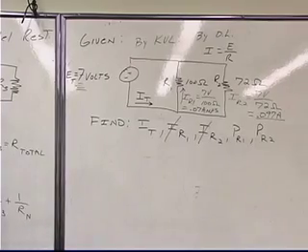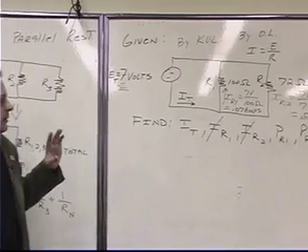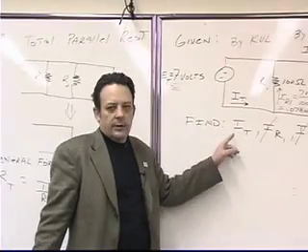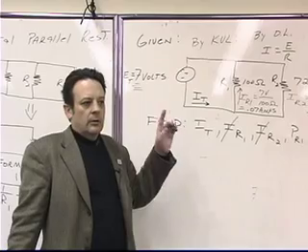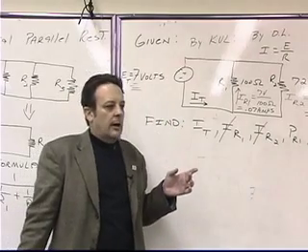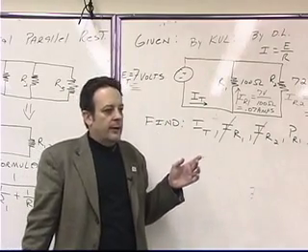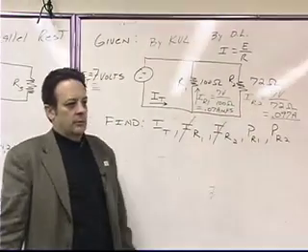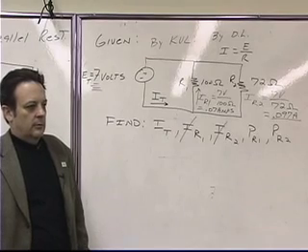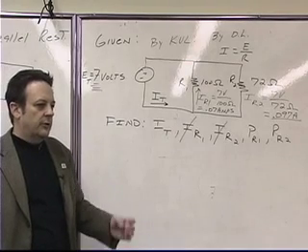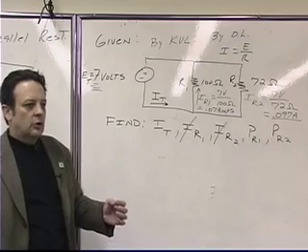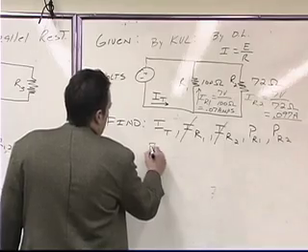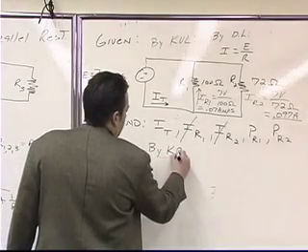Okay? Now, if I want to figure out what the total current is next, what law do you think I would apply that would allow me to find that most easily, knowing this current and this current? Sum of the two branches. Sum of the two branches, which is which law? Kirchhoff's current law. Right? Okay? So, by Kirchhoff's current law,